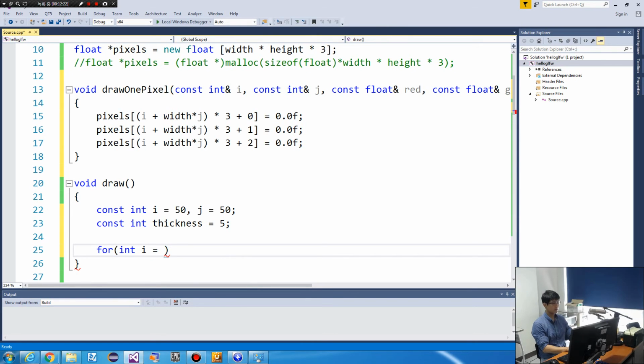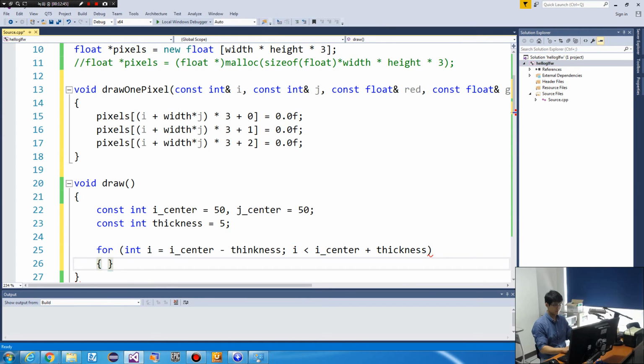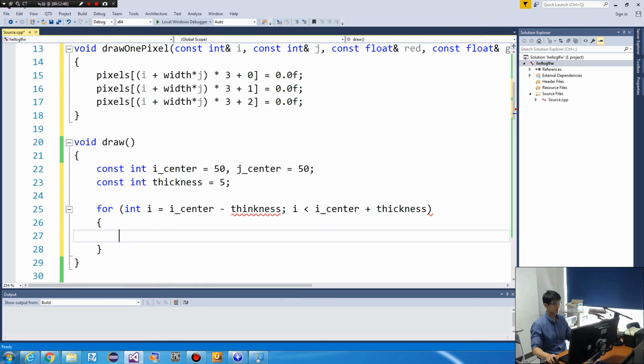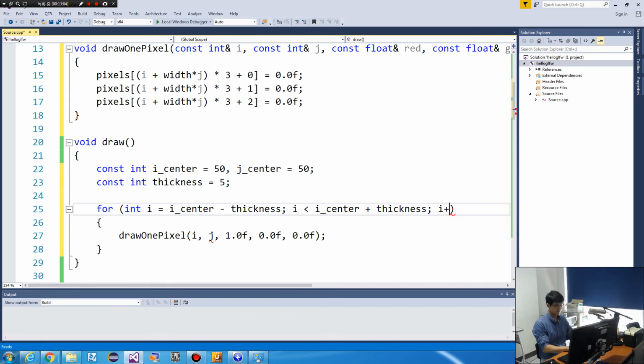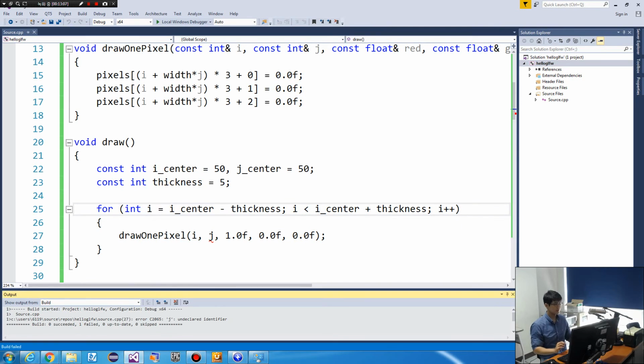So i is i center minus thickness, to i center plus thickness, and draw one pixel with red, green, blue. So let's test with this one.